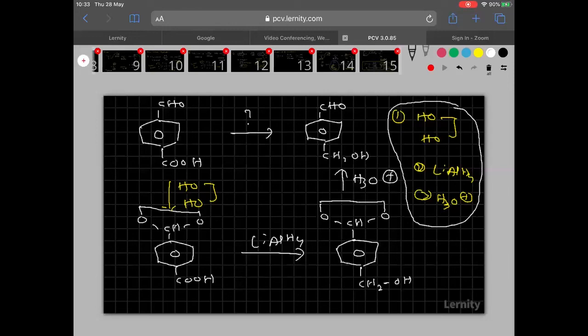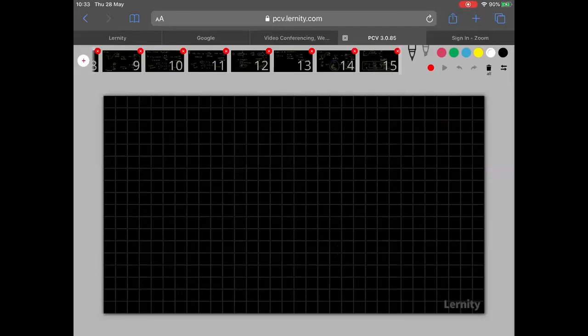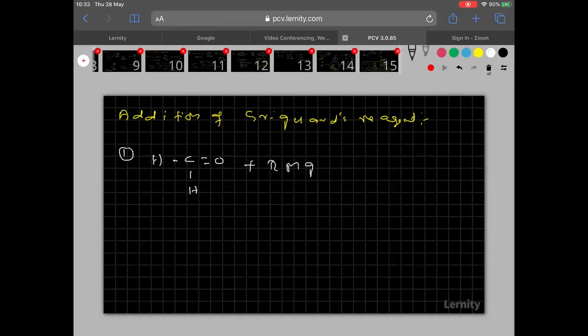Completed. Now let us enter into the next chemical property, that is addition of Grignard's reagent. Here, three different cases are there. Now, first one, this is the methanol. So, when methanol is added to the Grignard's reagent,